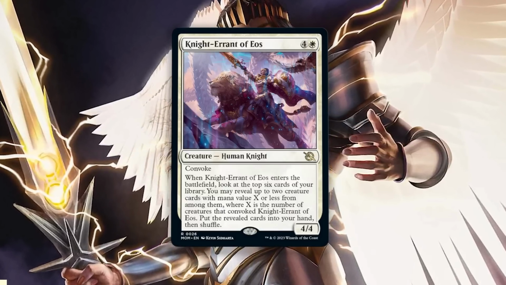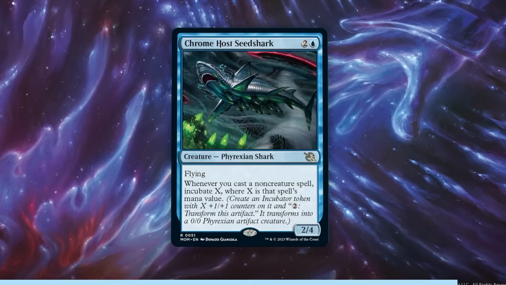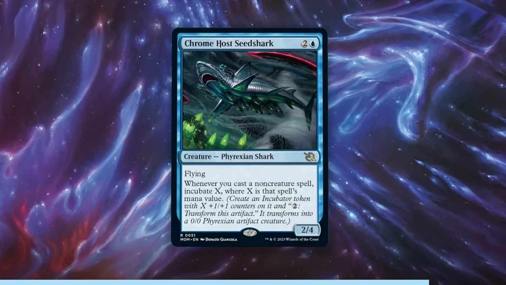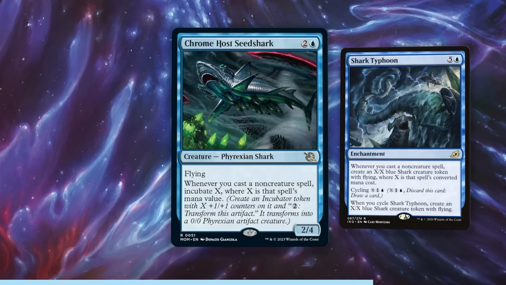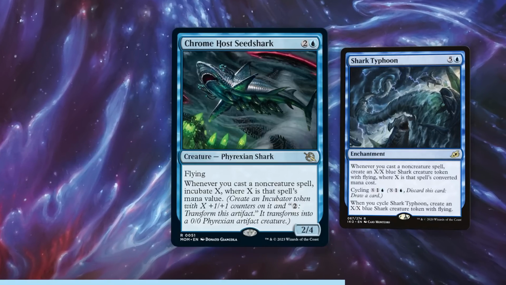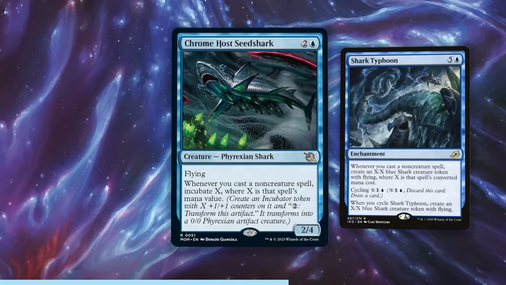It's a great card. Chrome Host Seedshark is 3 mana for a 2/4 Phyrexian Shark with flying. Whenever you cast a noncreature spell, incubate X, where X is that spell's mana value. Okay, this is definitely a nod to Shark Typhoon, and that is beyond funny. What a great Phyrexian spin on it, and it's also not even bad. Quite cheap, has a lot of toughness to survive burn, and no additional cost for the incubate to trigger